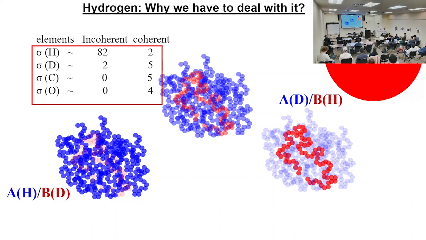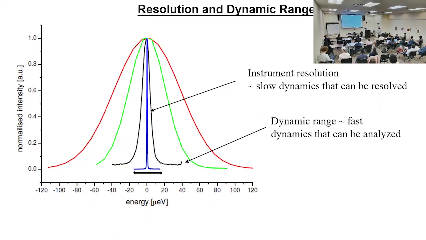So in this little sketch here, for example, we want to study single particle dynamics of component B. So this is the only one that is hydrogenated. This one is deuterated, so we don't see this. We get very little signal from it, so we can follow component B selectively. Okay, so that's how